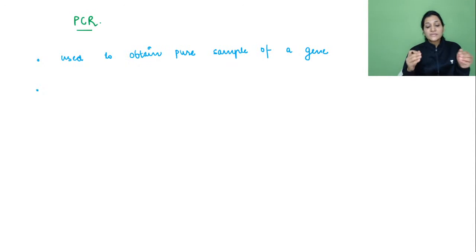So outcome is the same as we do with the gene cloning experiment. Same thing will be obtained. Although the problem of selection does not arise because desired gene is automatically selected. We don't have to select for it. It is automatically selected, and as a result of that, in the end, we are just going to get the desired gene. So the end product is